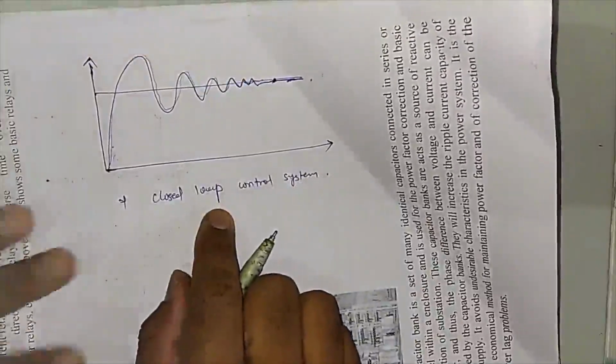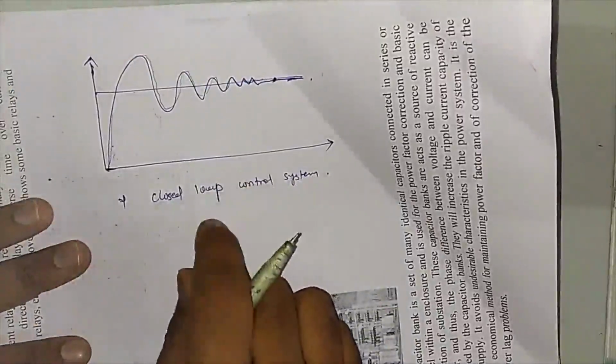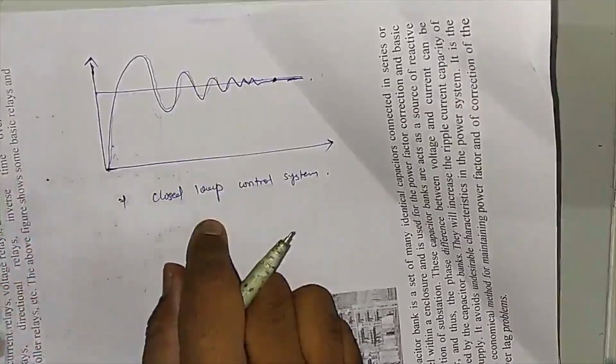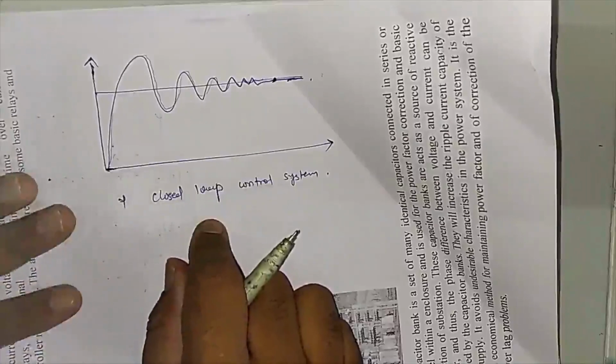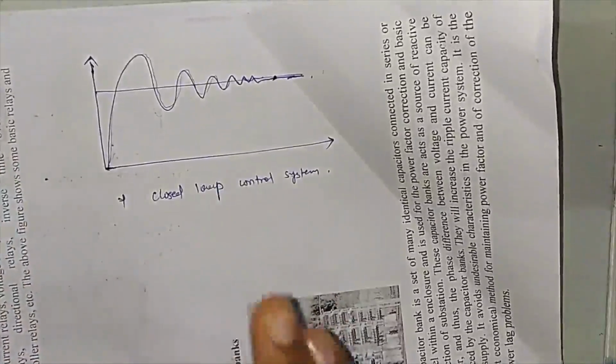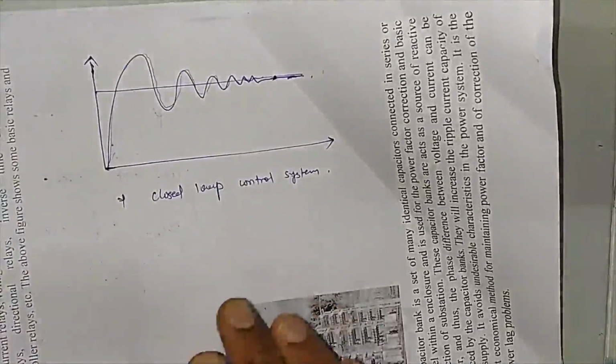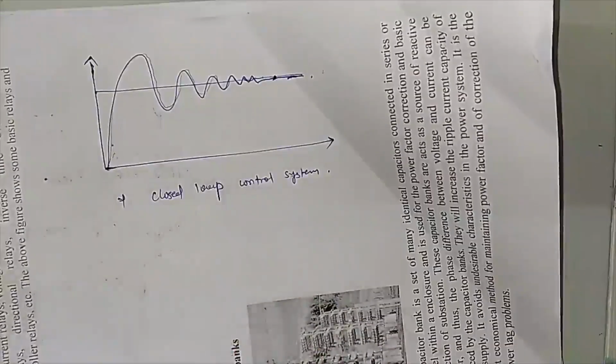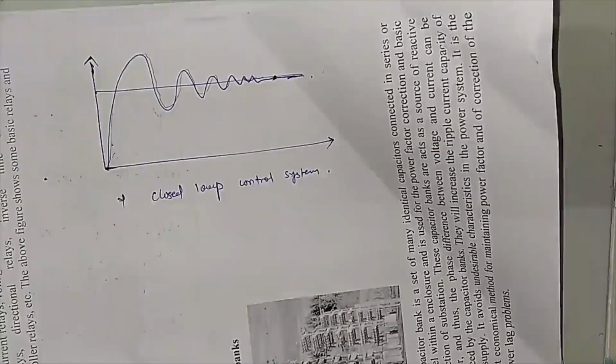Your system is actually giving the output as per the reference input. It might happen that your actual output without a closed loop control system will be a different one. Suppose I run a motor whose rated RPM is 4000 RPM. If I am not using it in a closed loop manner, it will give 4000 RPM.